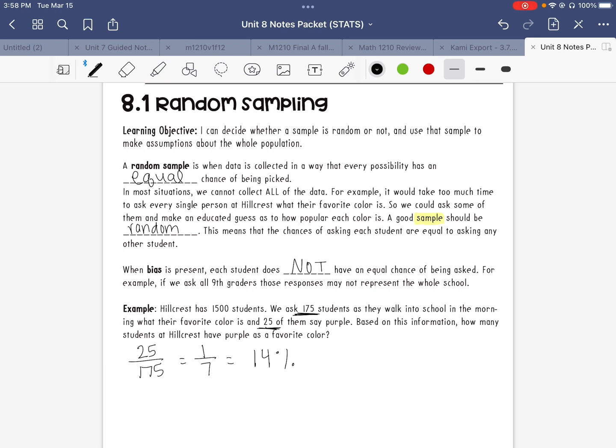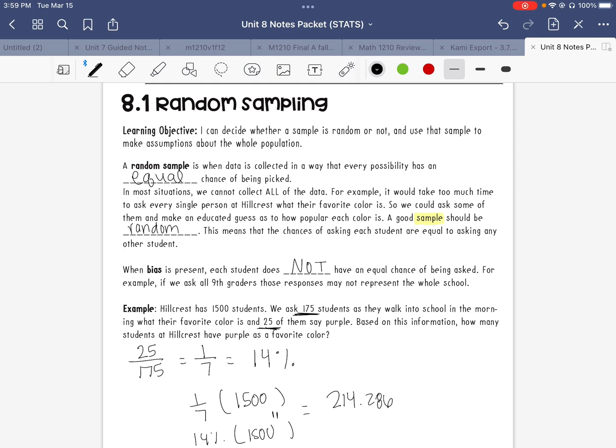So that's great, but that's just the students we asked still. So now what we can do is say, well, if 14% of the students that we talked to said purple was their favorite color, most likely, about 14% of all of the students have purple as a favorite color. So what we can do is take that 1/7 or 14%, it really doesn't matter which you use, and multiply by the total number of students. And these are equal, right? 1/7 is 14%. So we take it and we multiply it, and we get